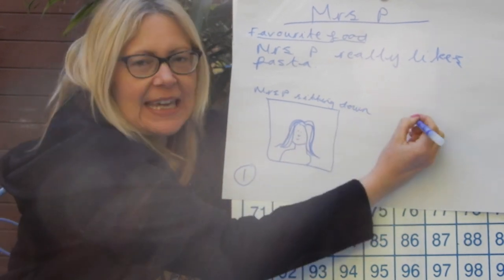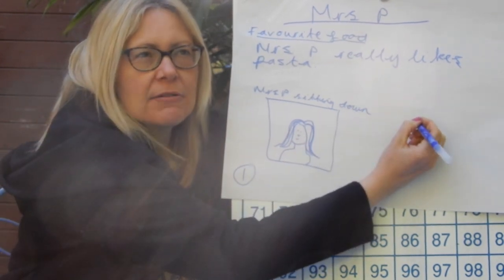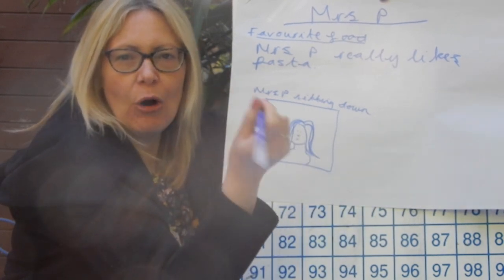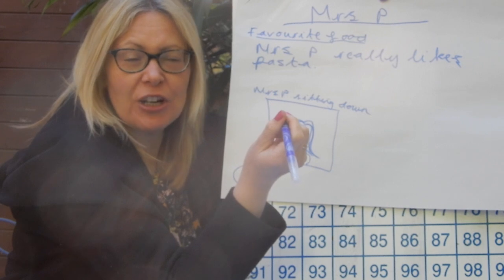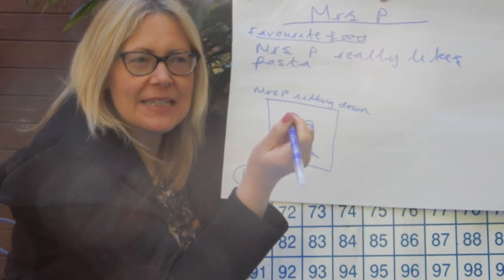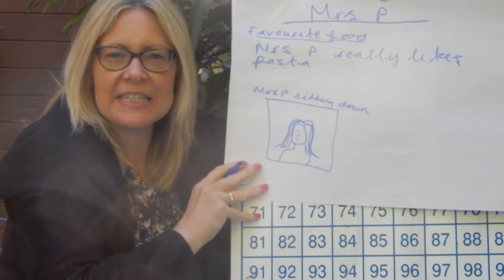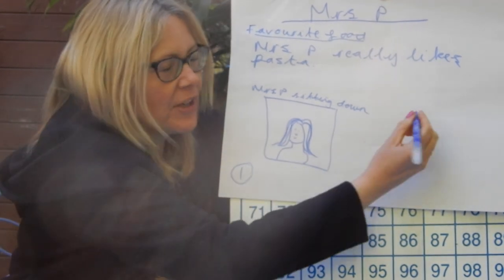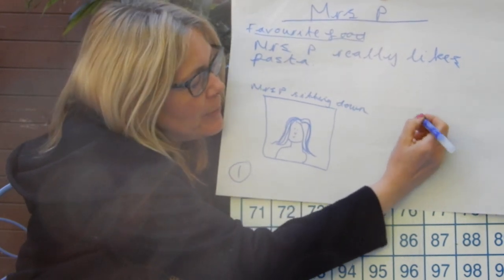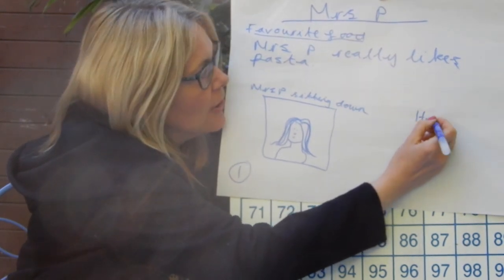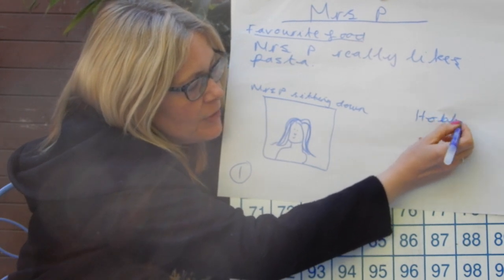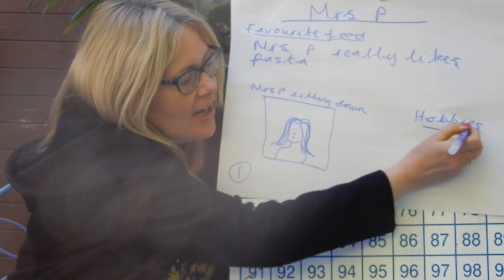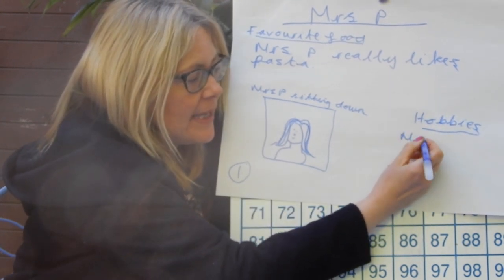Next to my picture over here, I might want to put another subheading about, let's say, favourite hobby. A hobby meaning, and this could be something that goes in a glossary if you didn't know what it meant, hobby means my favourite thing I like to do in my spare time. Okay, so not something I'm told to do, but something I like doing when I choose to do what I want to do. So I'm going to put over here as my subheading, hobbies. I'm using a capital letter at the beginning of hobbies for my subheading. I'm going to underline it, and I'm going to put Mrs P